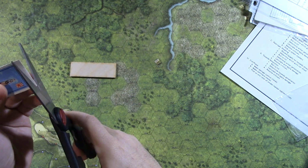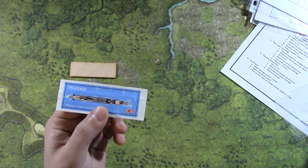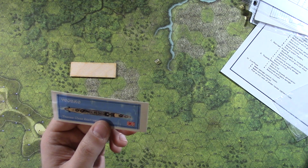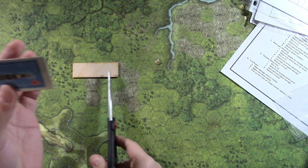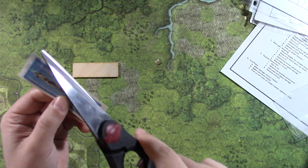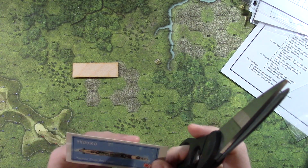So what I do is I cut on the black line, because you'll see that they've included a nice black line. From previous ones that I've cut out, I've found that even if you cut on the black lines perfectly, sometimes the model is still just ever so slightly bigger than the wood. So once you get this cut down and stuck on the wood, you still might have to do a little bit of trimming to get a nice flush fit. That's no big deal. In fact, that's kind of nice. I'd rather